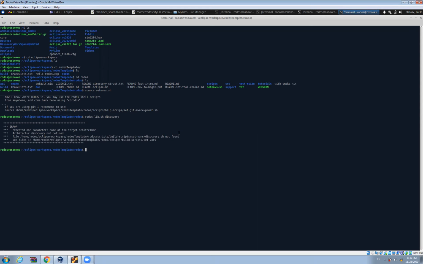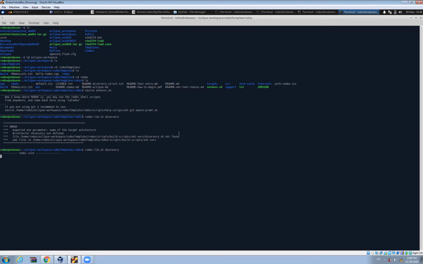There is a problem in the spelling. So I'll write this and then press tab, and then the default parameter comes. Now if I enter it, the Rhodos library is being compiled.